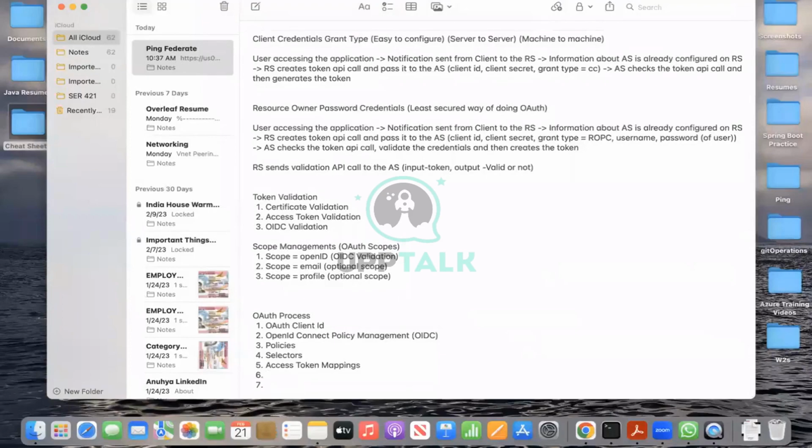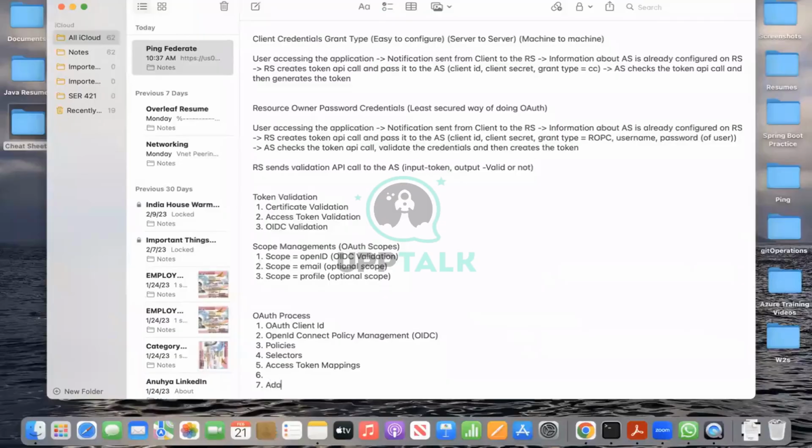Because that is the most important step in the OAuth configuration. Why I give it as empty is that when we do the direct configuration, you will be able to understand that one. The seventh one, we can put, like we got the access token mappings, and then the sixth one is fine. The seventh one is